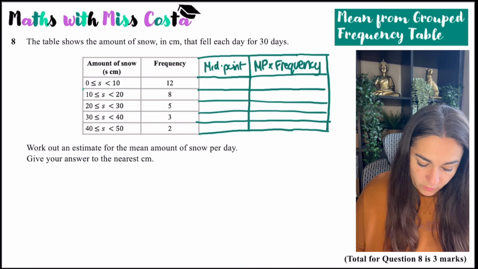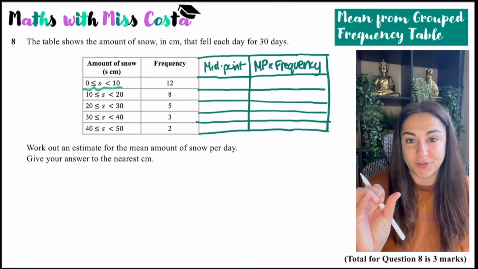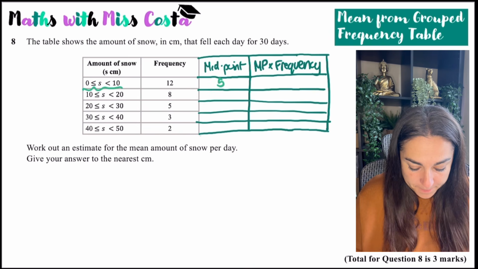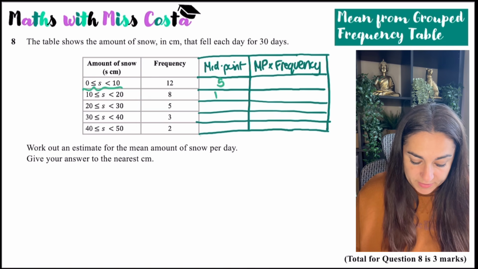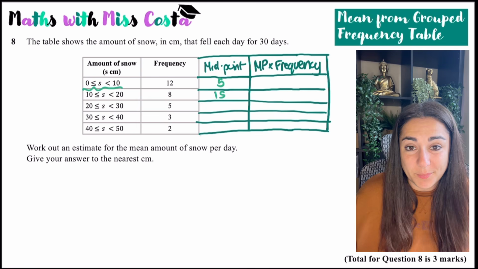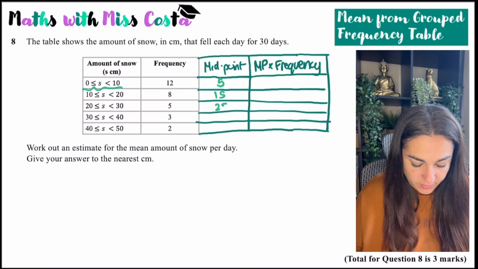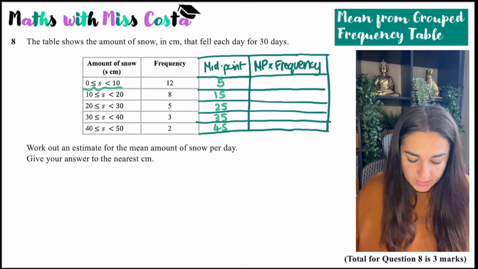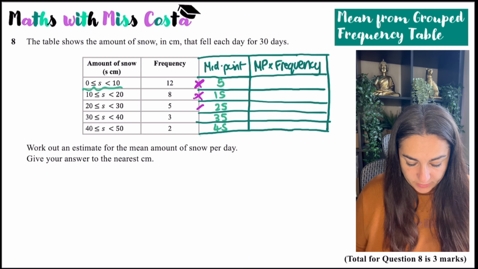So the midpoint of this class interval here, the way we work it out, we add the two values together and then divide by 2. 0 plus 10 is 10, divided by 2 is 5. 10 and 20, add them together is 30, divided by 2 is 15. Or, because these are quite simple class intervals, we could just find the midway point. So between 20 and 30 would be 25, then 35, and then 45. Quite simple here. And then for my final column, I'm just going to do the midpoint times the frequency